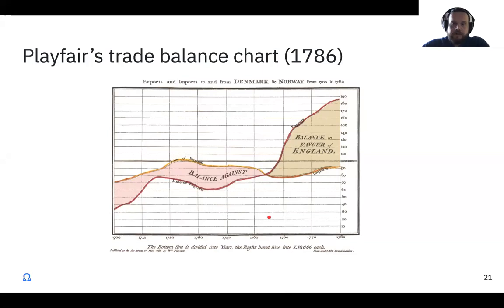One critique maybe, if I could. It's difficult to critique the forefather of visualization, but maybe he could have swapped the colors here. The balance against the UK means it's dominant imports, and the imports is the yellow line. Exports are the red line. So maybe he could have thought of swapping that, but that is if I would really be nitpicking, because for 1786, this is an amazing visualization, and we're going to see very soon that there are many bad ones, even today. So he founded statistical graphical methods,